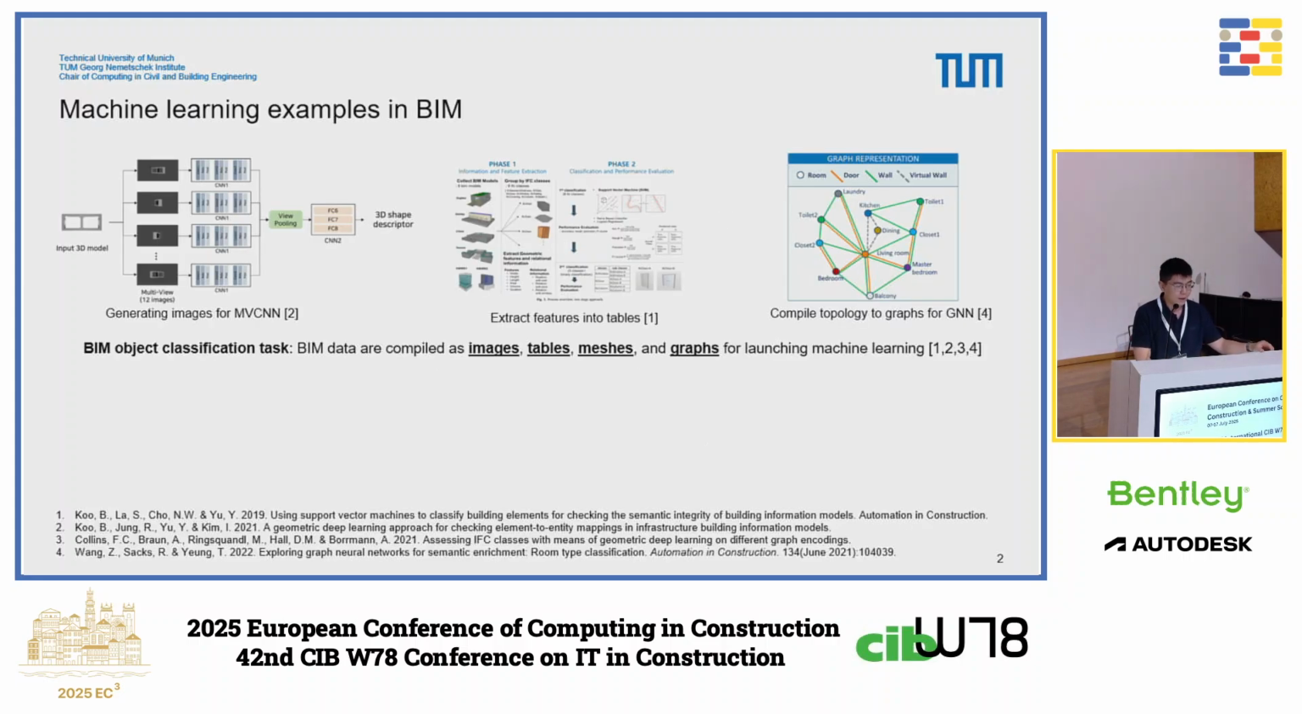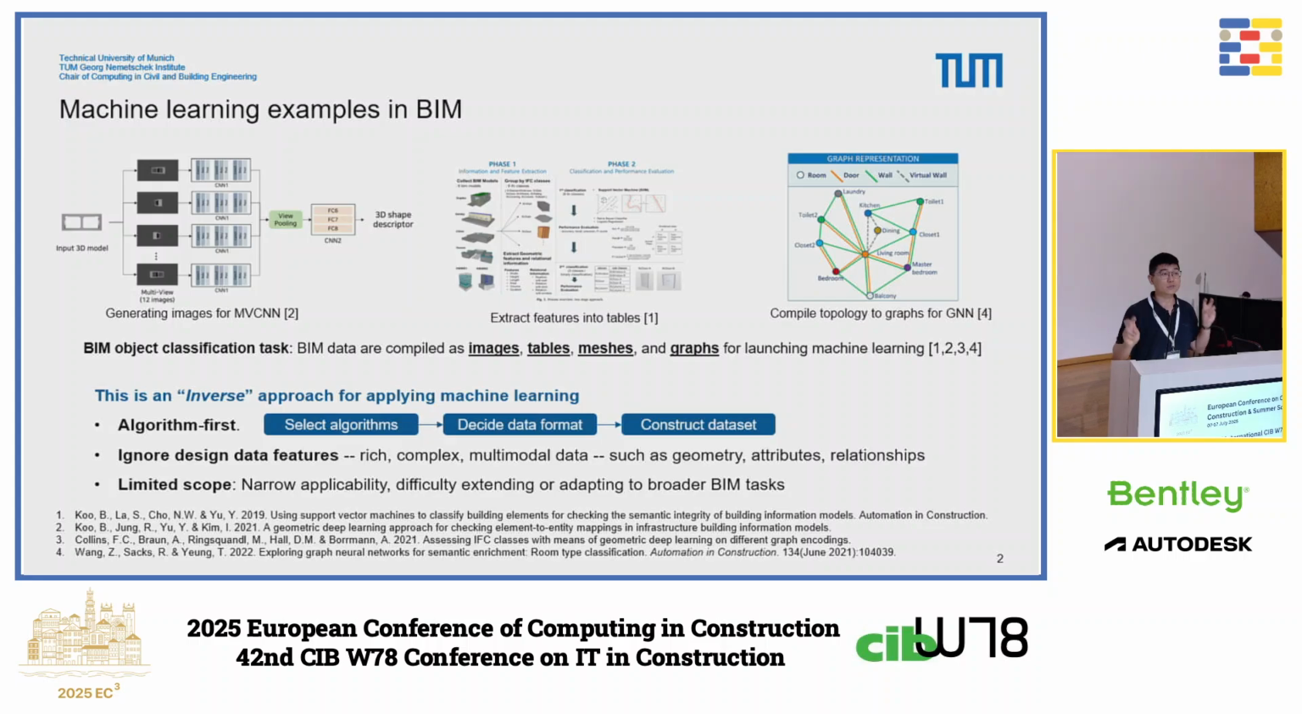Huaquan Ying. We already have a lot of machine learning studies in the BIM domain, like BIM object classification, which is a pretty popular task. BIM models are compiled as images, as tables, as meshes, and other formats, then they are going to be fed into the deep learning models. And we think this is an inverse approach compared to what computer vision and natural language processing, those two domains, have done. We call it inverse because researchers in our domain say lack algorithm first, such as the first